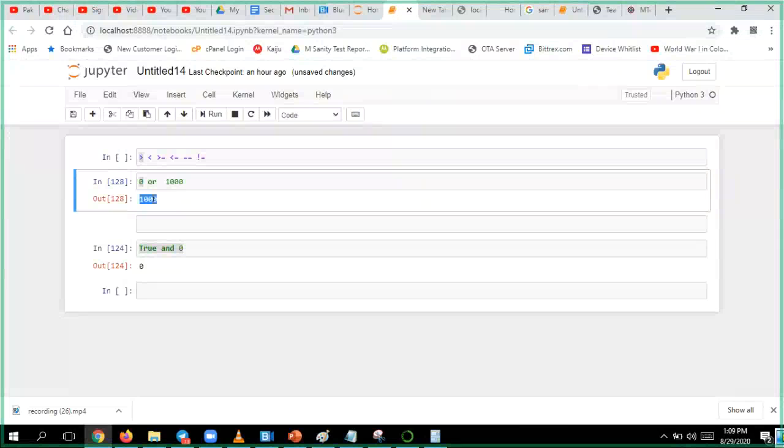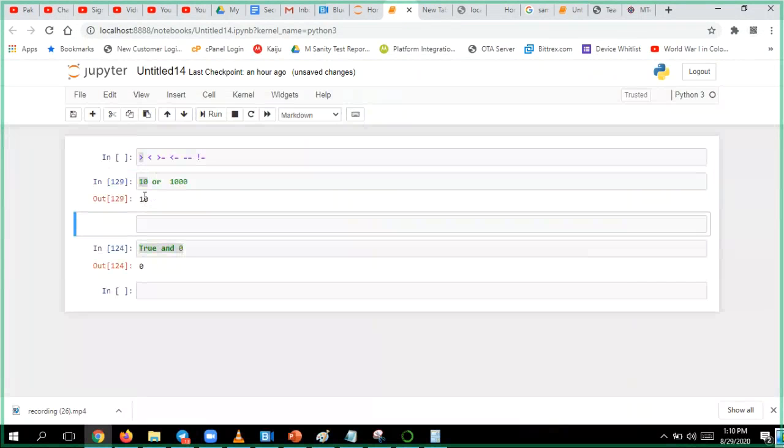Otherwise only the value of Y will be provided. For example, if I have 10, both are true only. For OR, if X is true, then it will provide the X value as X only. This one only it will give you.